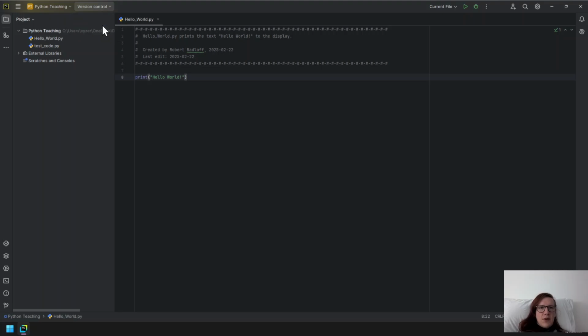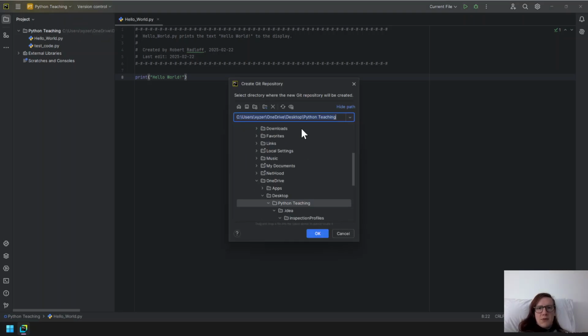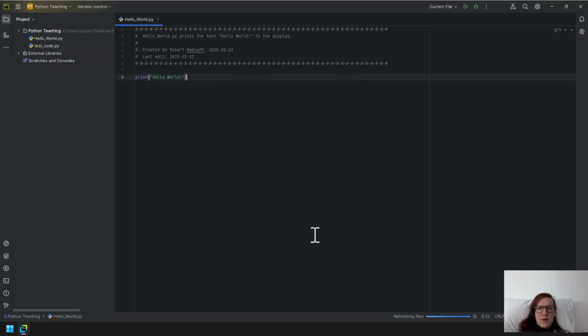So I'm going to do this by creating a GitHub repository. We're going to select this directory as the repository location. I'm going to hit OK, and then